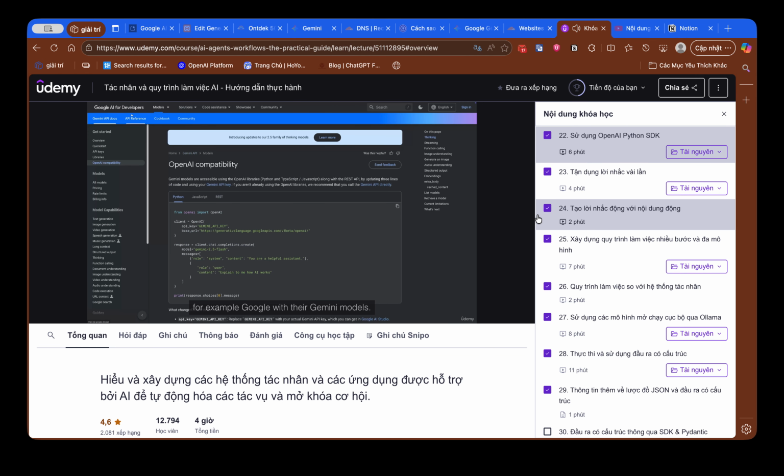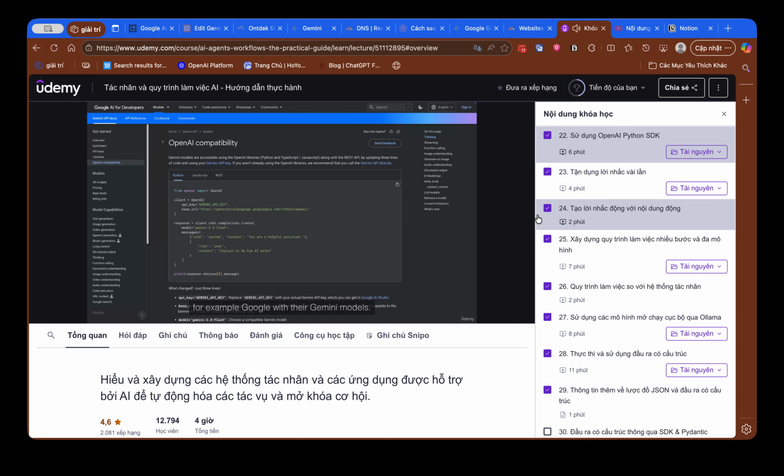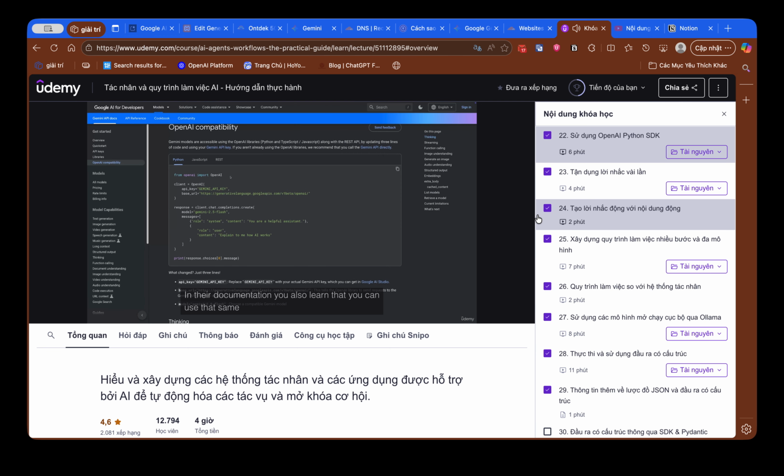Like, for example, Google with their Gemini models. In their documentation, you also learn that you can use that same OpenAI package we're using here, and you just change that base URL to the Google API URL, and you set your API key, the Gemini API key then. And then you could use this OpenAI SDK just as you use it with OpenAI,